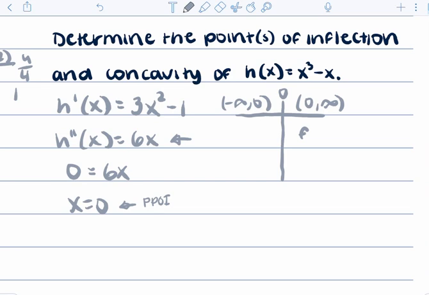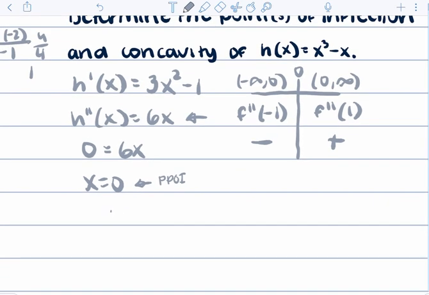So for the second derivative, we can put 1, and then for the second derivative, we can put -1. And we don't need to actually solve, we can just use math to figure out if it would be a positive number or a negative number. So if we plugged in 1 over here, we would get a positive number, and if we plugged in -1, we would get a negative number. So we know that x equals 0 is a point of inflection